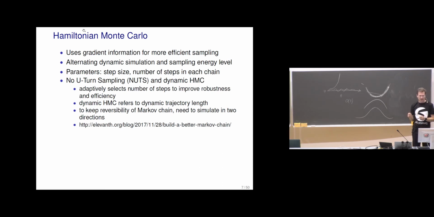Because we have this adaptive deciding, we actually do it so that we simulate one step and check for no U-turn, simulate 2 more steps, and no U-turn, simulate 4 steps, always doubling the amount added. And of course then also simulating at the same time in the other direction. And if after some doubling we notice that now there's a U-turn, then we stop and choose the next Markov draw.